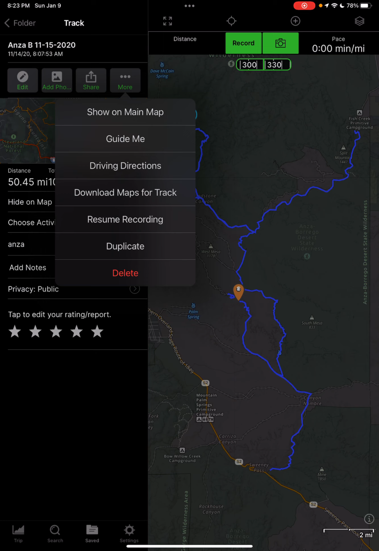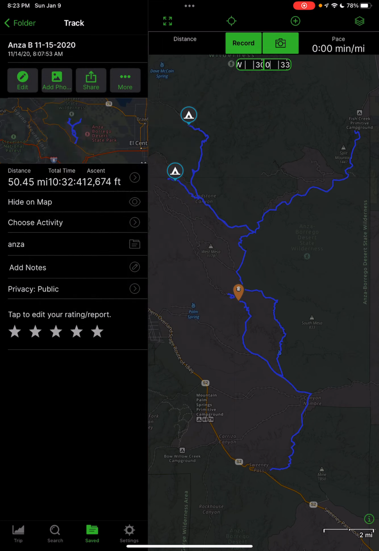Oh, actually, here's another good one too. Say, for example, if you had a track and you need to know how to get to the track, keep in mind, Gaia, although it's a navigational app, is not an app that gives you directions. You need a different app to give you directions, like Apple Maps or Google Maps. So, for here, to get to, say, for example, the trailhead, I would just click Get Directions,